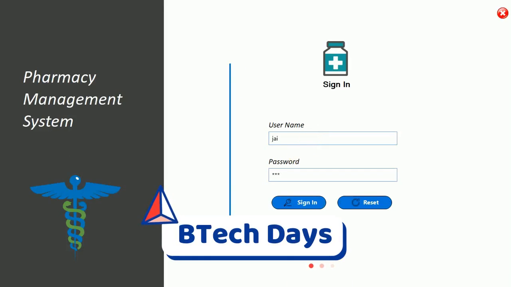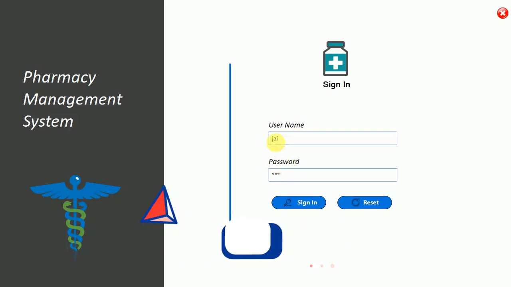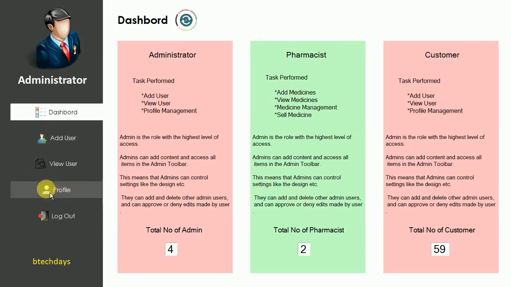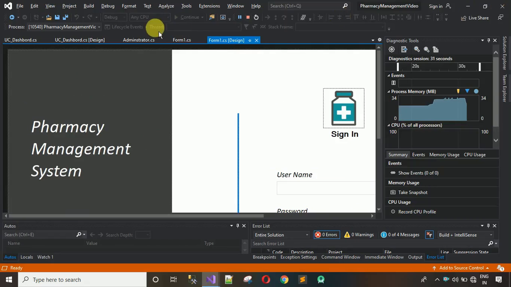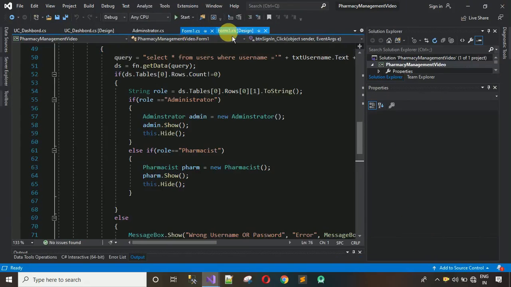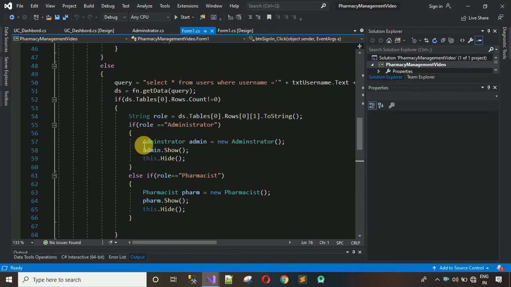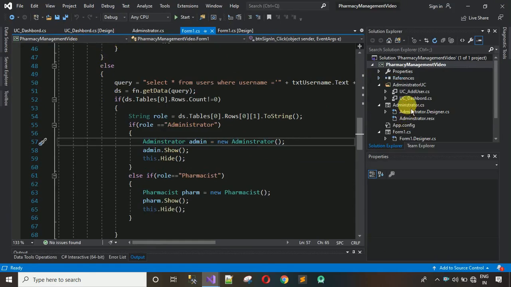As I have told you, I've already connected this with the database. So now J and J, I can log in with this, sign in. And here you can see the username is not visible over here. So how to fix this? For that, what we have to do is just close this. First thing, we have to move to the login page. So login page is form1.cs. And here, I'm going to pass the username to the administrator. But in the administrator part, let me just open administrator.cs